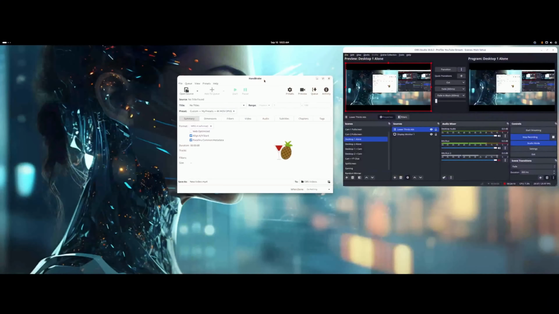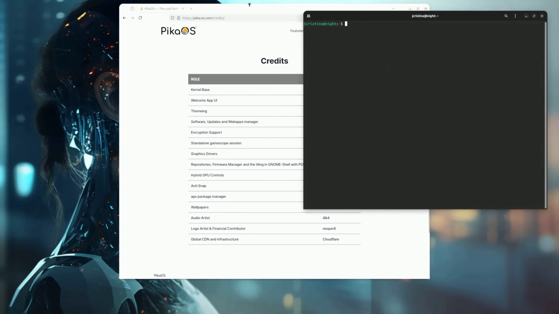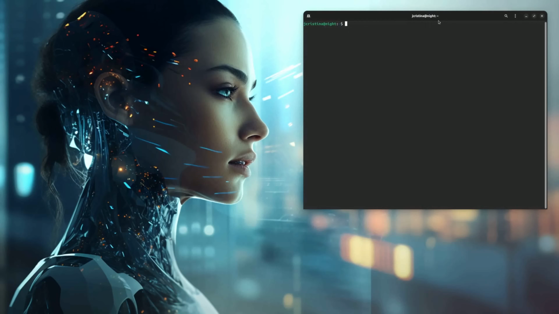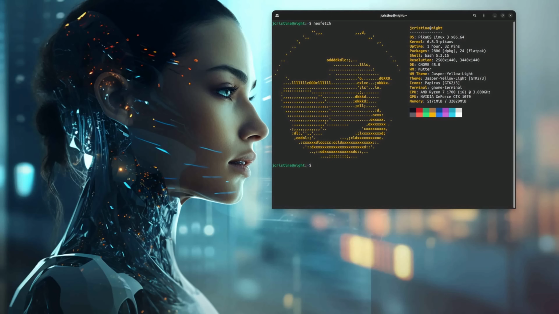Let's get back over to this window. The next thing is our terminal window. Let me go and switch screens. We're back over to the 27-inch. Let's close this for now. This is our terminal window. All right. So if we type in, for example, neofetch like that, hit enter. There you go. That gives you an idea of what my system is currently looking like. The system currently has PikaOS Linux 3, and that is a 64-bit version. It is 6.8.3. It's been running right now for 1 hour. There are 2,806 packages and 24 Flatpaks currently installed.